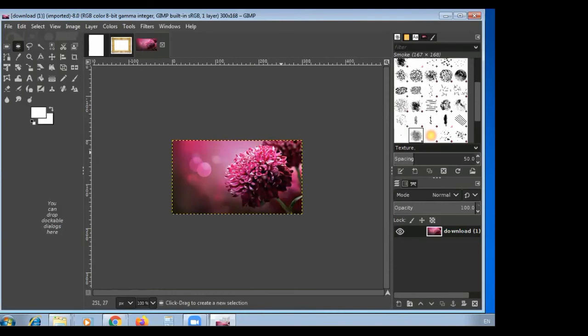So here, using the selection tool, select the content you want to copy in another image and click on Edit. The Edit menu will appear. Click on Copy.